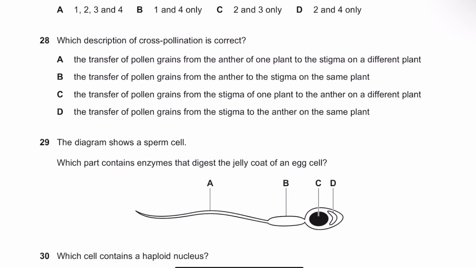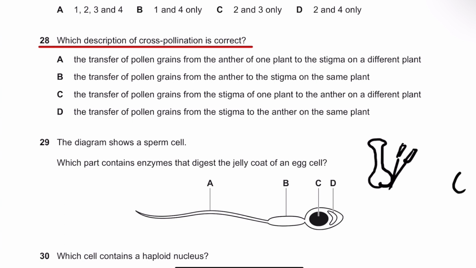Number 28. Which description of cross-pollination is correct? So cross-pollination happens when the pollen grain from one flower moves to the stigma of another flower. So pollen grains are usually